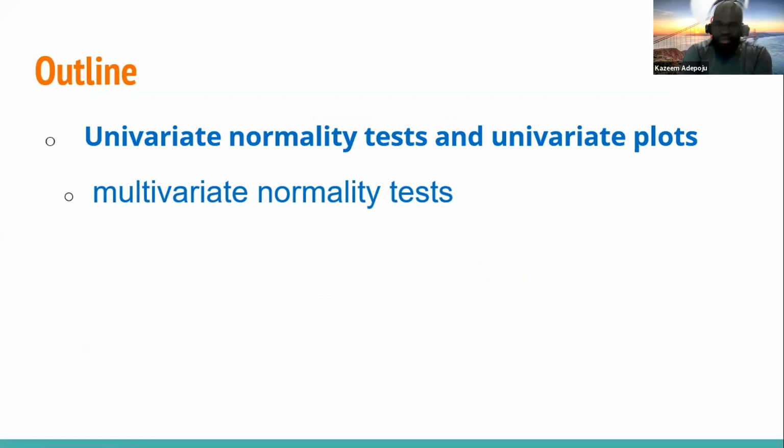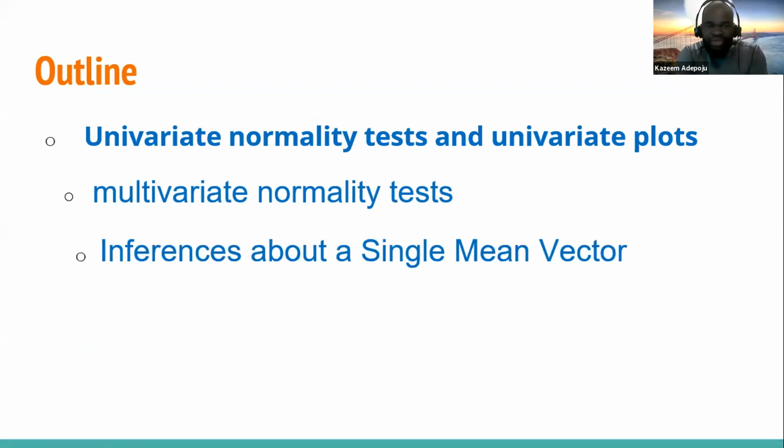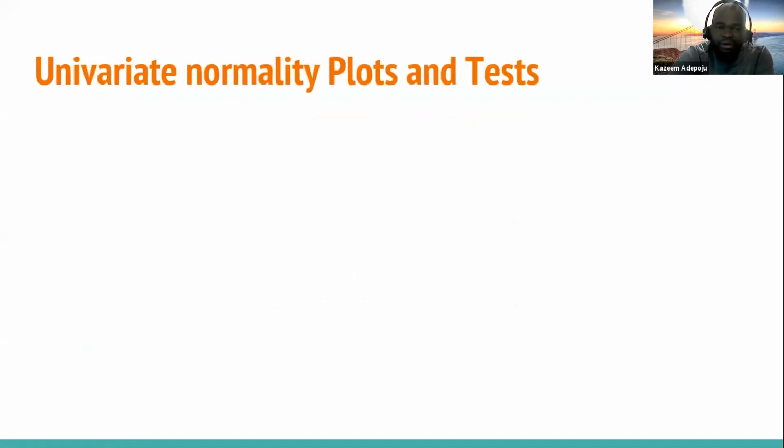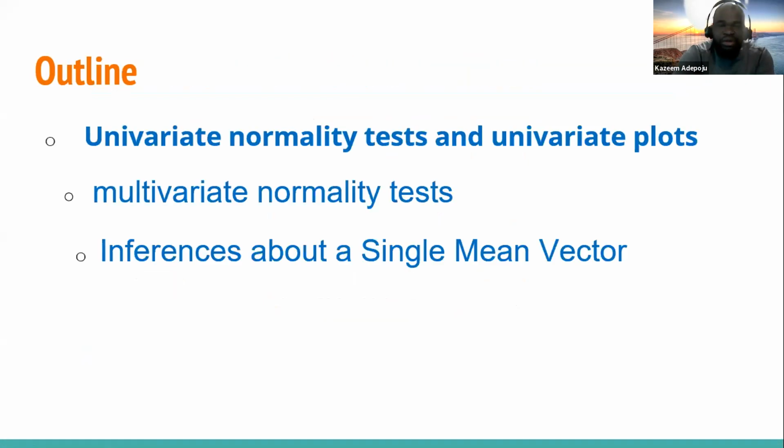Then from there, we're going to move to inferences about a single mean vector. I'm going to walk you through how to carry out multivariate test of means and the simultaneous confidence